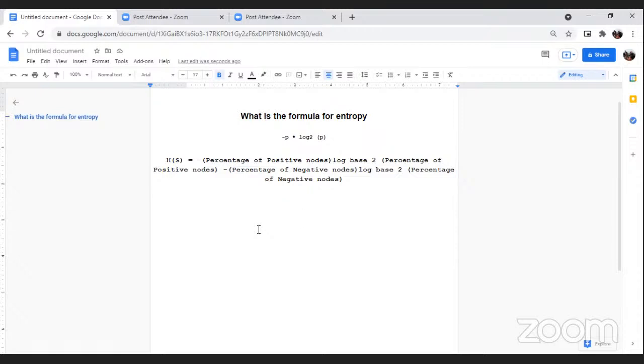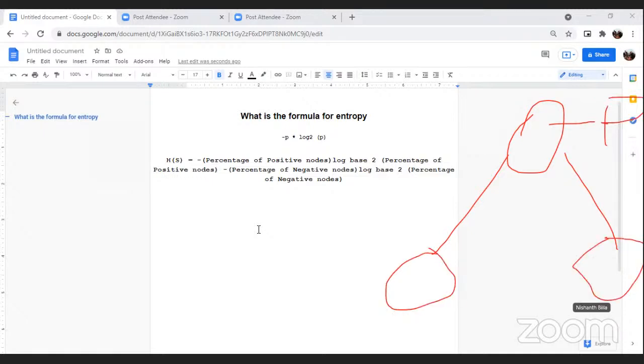Okay, I'm presuming that my screen is visible, right? Yeah. So when you are considering a node, assuming it is a parent node, and these are the decision nodes that are yet to be further classified, right? And when you're considering a parent node